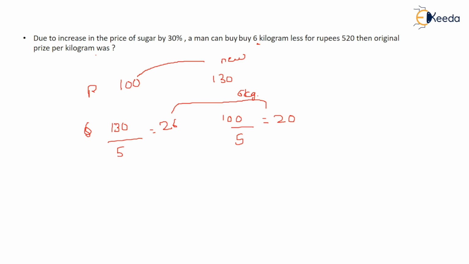After doing this, you have to think of a number which gives you the same amount of change that they told. So this is 6 kg less. So 26 kg he was buying earlier at what price? 520. So the price that he used to pay was 20 rupees per kg. 20 rupees per kg that he was paying earlier. And if they ask you the new one, then also you can find it: 20 kg for 520. So you can simply divide, means now they are buying the same sugar at 26 rupees per kg. Okay, this is how you need to do it.